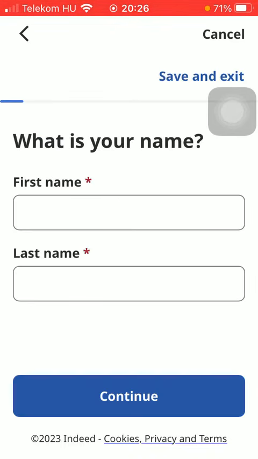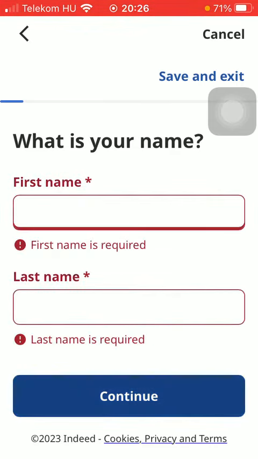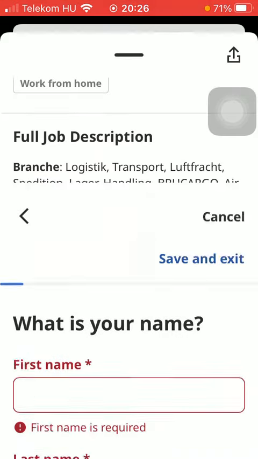resume, including your name and other options, so if you click on the continue button when you have filled out the current form, you will be guided through the required steps that you need to provide in order to build up your CV, and after that you will be able to